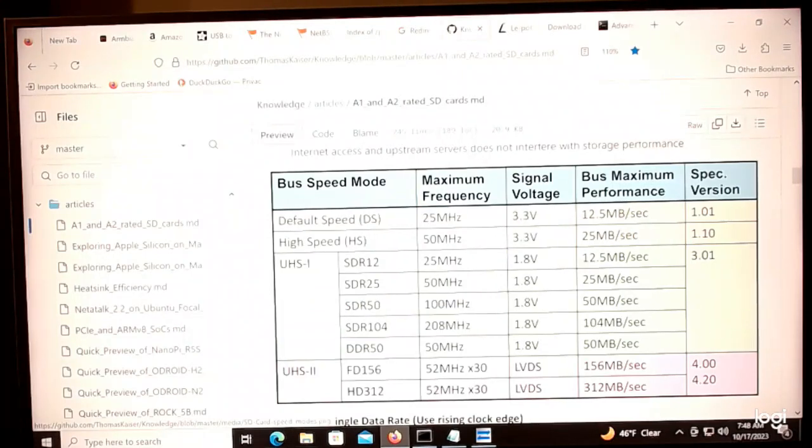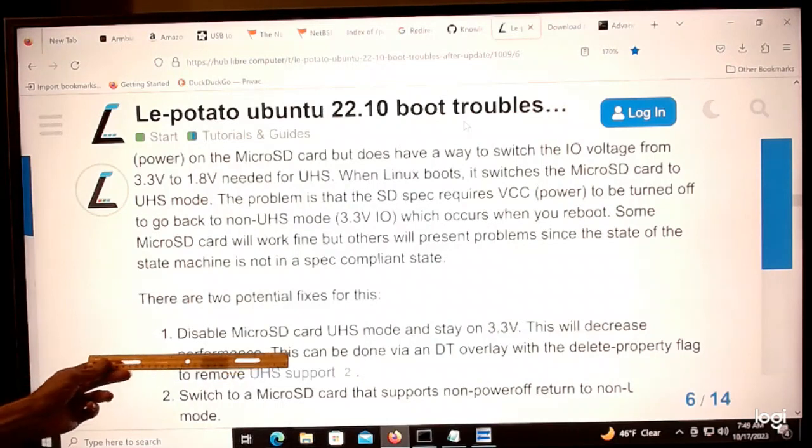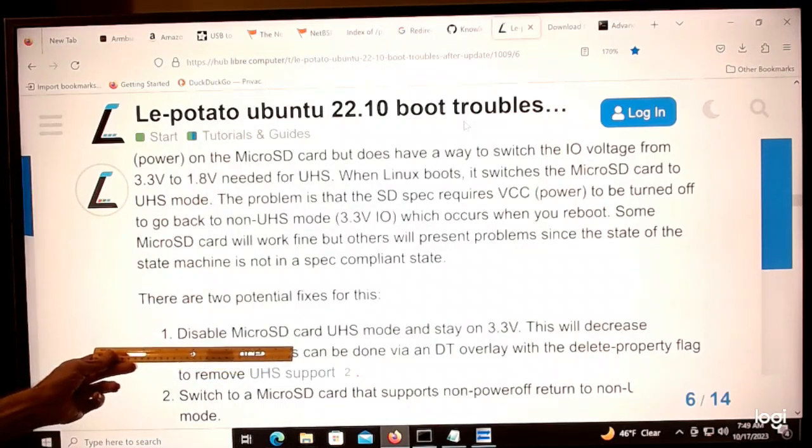Here's the Libre Potato site. The potato doesn't really have a good way to switch back and forth from 3.3 to 1.8, and they were kind of recommending just staying in the 3.3